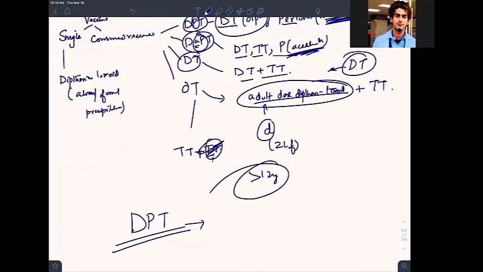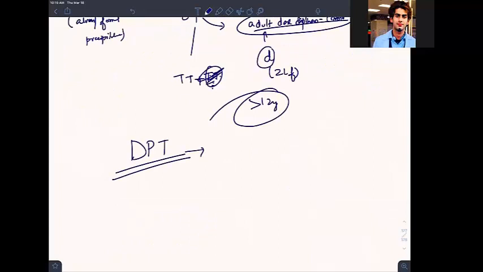If you have an adult who is greater than 12 years, you can give DT. Any confusion now? It's simple, my dear. Don't make it complex, it's just straightforward. 12 years is the age. More than 12 years, you want to give DT, you have to check the age. If it is greater than 12 years, give it.